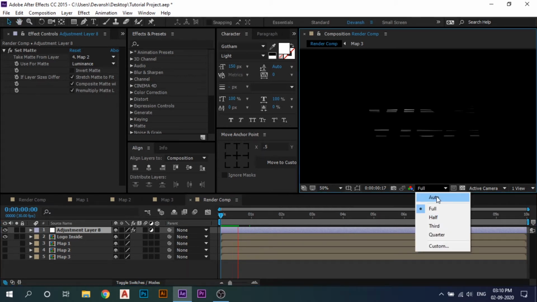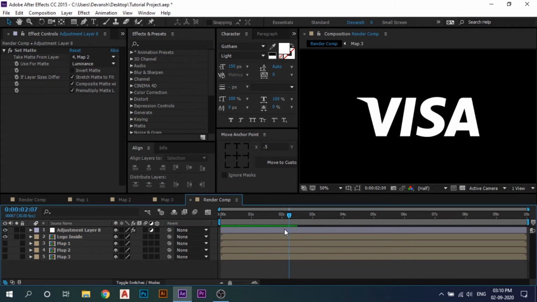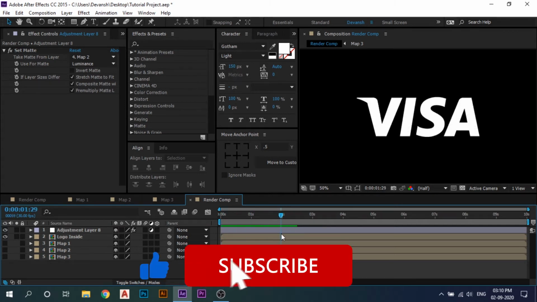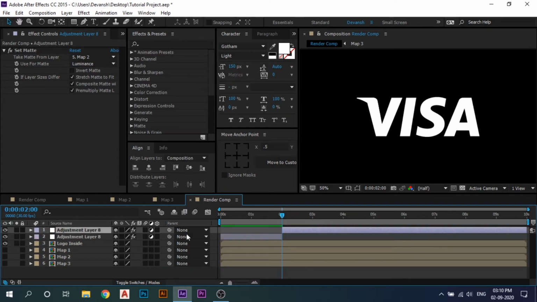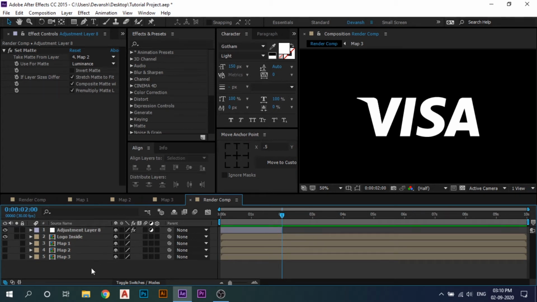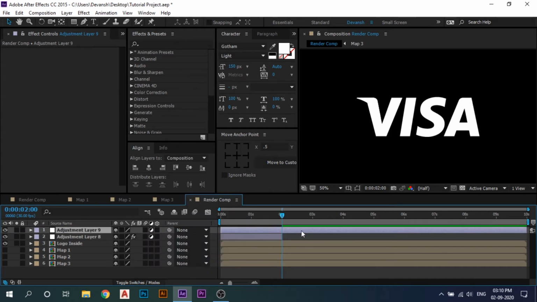Let me change the quality for quicker preview. Now it will make this animation like this, but this is not an animation we are going for. So for 2 seconds, press Ctrl Shift D to split that layer and delete the rest of the portion and create one more adjustment layer